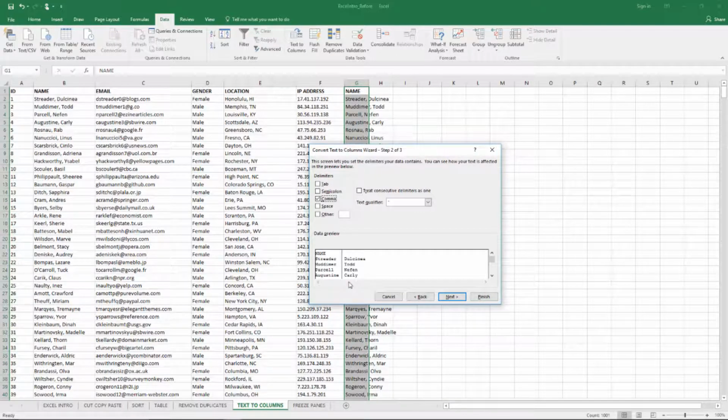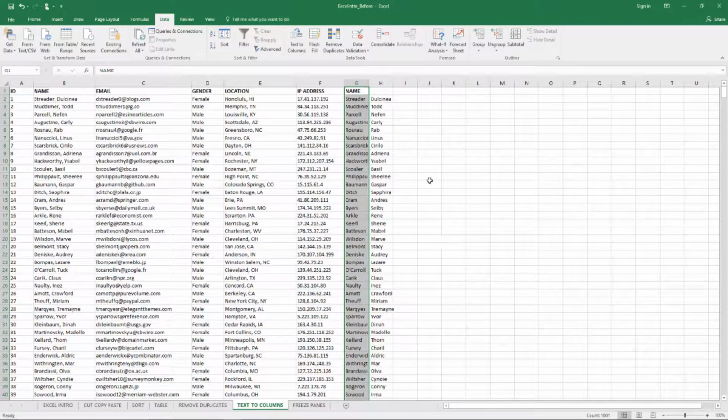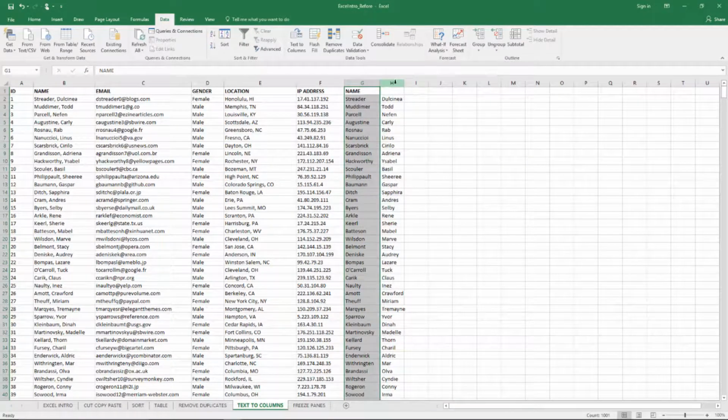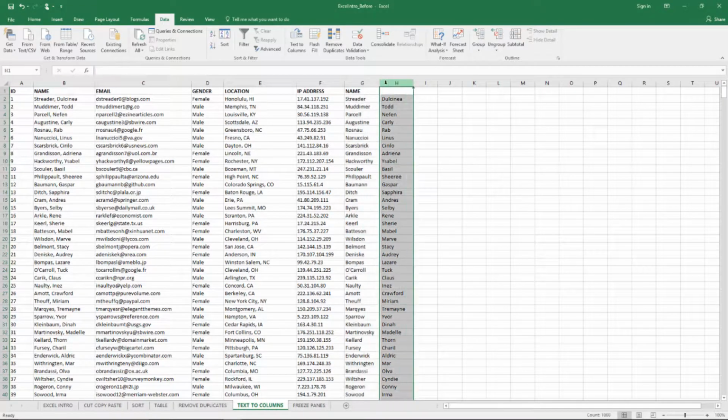Let's click next. Here we don't really need to do anything because our data is just generally formatted. It's not a date, it's not anything abstract or anything like that. It's just purely names. So we don't have to worry about anything specifically here. Let's click finish and see what happens. Okay, great. You'll see now that we have the first name in column H and the last name in column